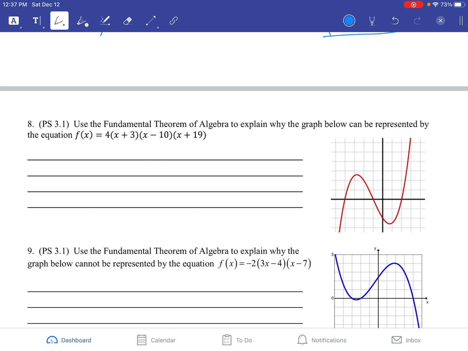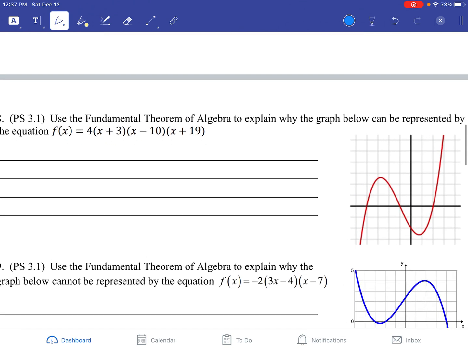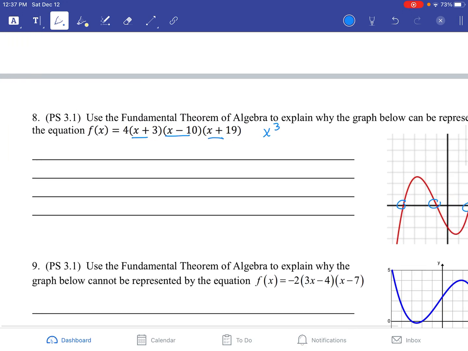Next, using the fundamental theorem of algebra, explain why the graph below can be represented by the equation. The reason is, when you're looking at this type of problem, you need to find as many roots in the graph as there are degrees in the equation. Because we have 3 x's, we're going to get x to the third. That means we can have 3 roots in our graph, which we do. So this is yes, because